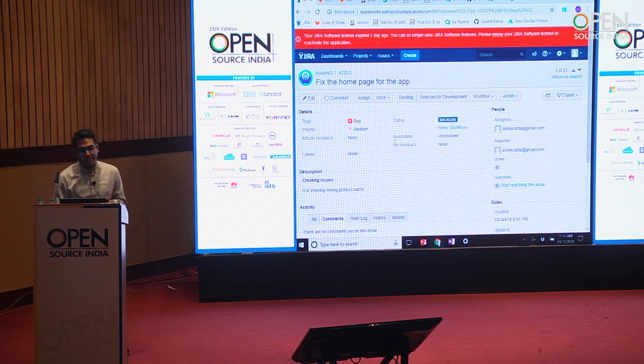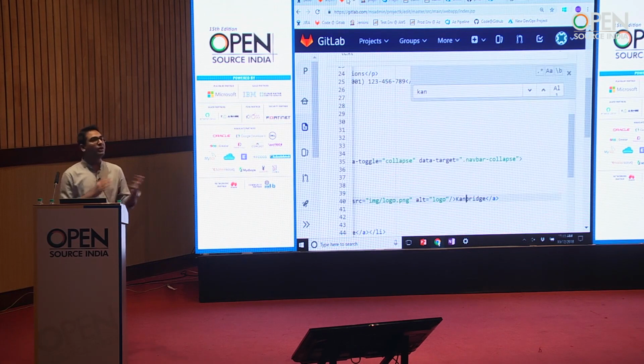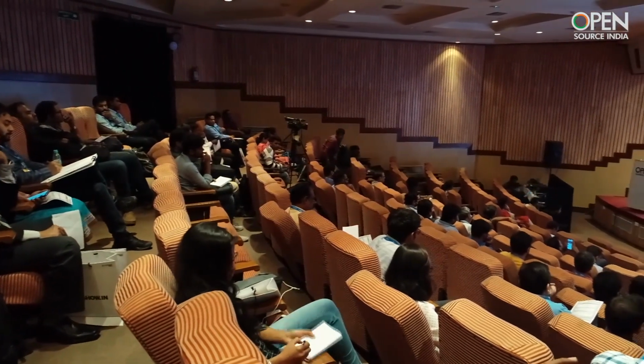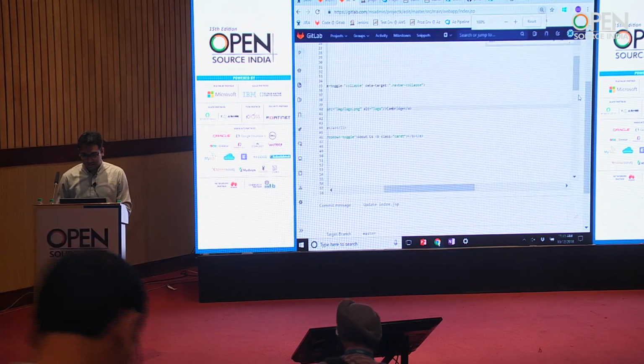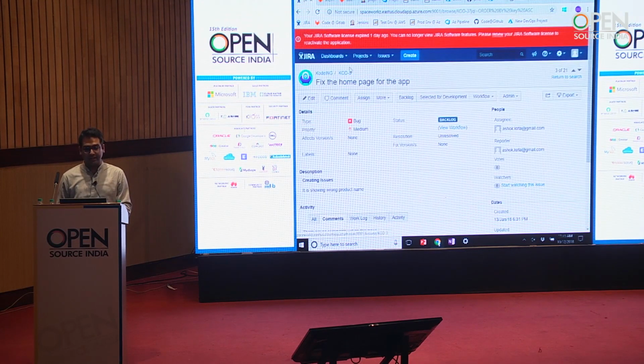So as soon as they start executing on it, what they do is that they go to the code repository. For the sake of this demo, ideally you should be doing versioning or branching. Because it's a small change, for the sake of this demo, I have excluded the branching policy, but we can talk about that later outside the talk as well. So let's say, for example, I change to Cambridge. And I update over here as KOD-3, which was my Jira work item.